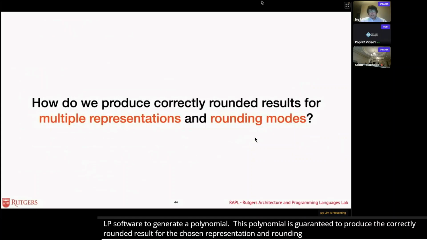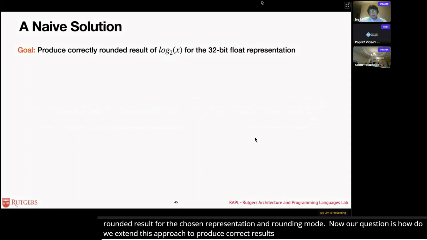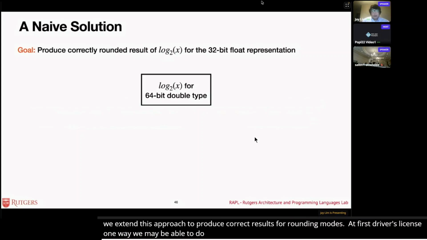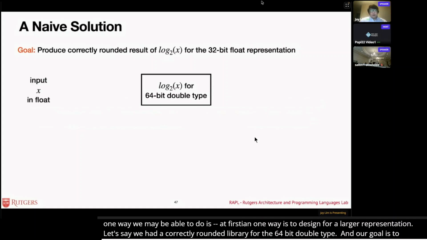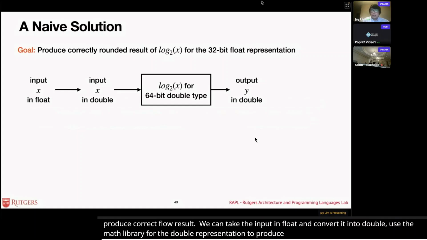Now, our question is, how do we extend this RLibm approach to produce correct results for multiple representations and rounding modes? At first glance, one way that we may be able to do this is to use a correctly rounded math library designed for a larger representation. For example, let's say we have a correctly rounded math library for the 64-bit double type, and our goal is to produce a correct float result. Then we can take the input in float, convert it into double, use the math library for the double representation to produce the output, which will be the correctly rounded result in the double representation, and then round this result